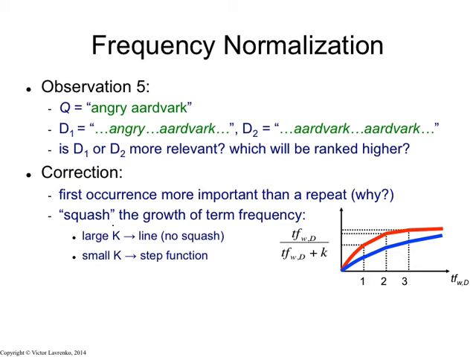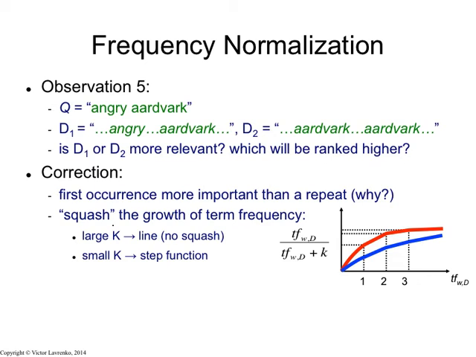We take x and divide it by x plus k. So that's a function that looks like that. It asymptotes to 1 at high values of term frequency. And we have this parameter k. Right? It's a meta-parameter, and we can use that meta-parameter to control how aggressive the squashing function is at removing the effect of